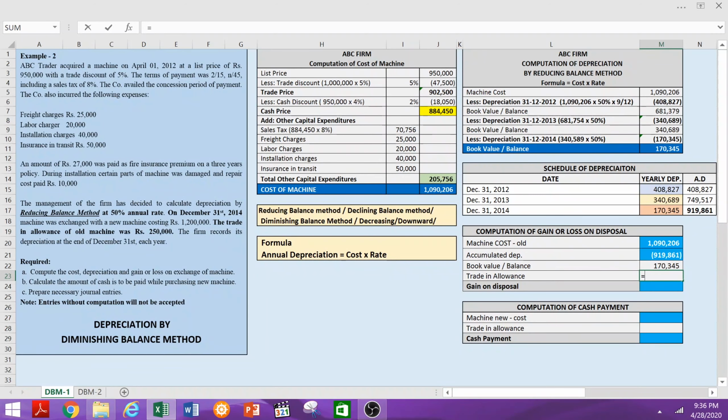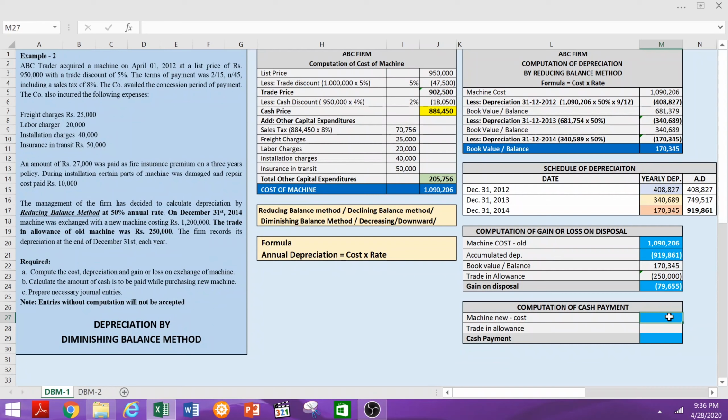So we are getting from the market, you can see here, 2,50,000. The trade in allowance of the old machine is equal to 2,50,000. So in the market we are getting more than the book value. So if the book value is subtracted from the market value, we can easily calculate the gain by subtracting the book value from the market value or the trade in allowance value. We can calculate the gain on exchange of machine or gain on disposal of machine, that is equal to